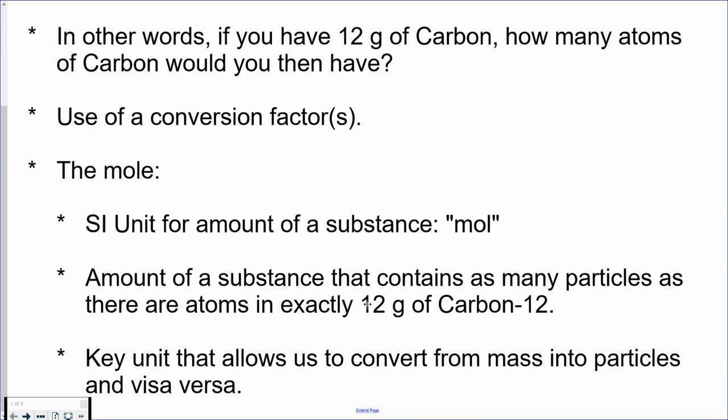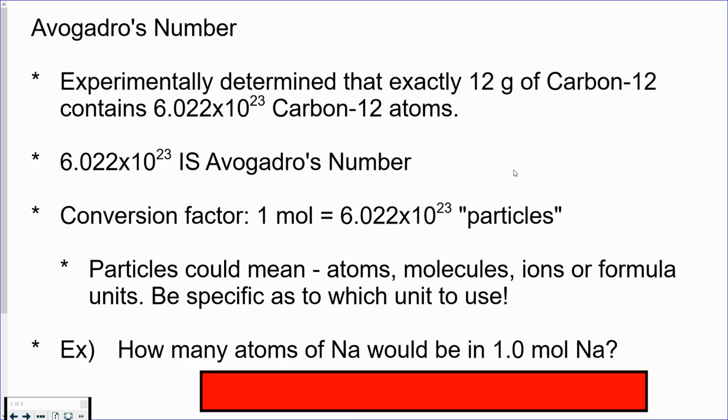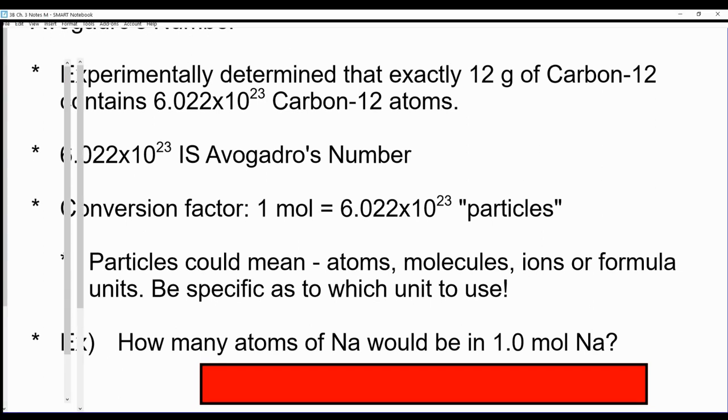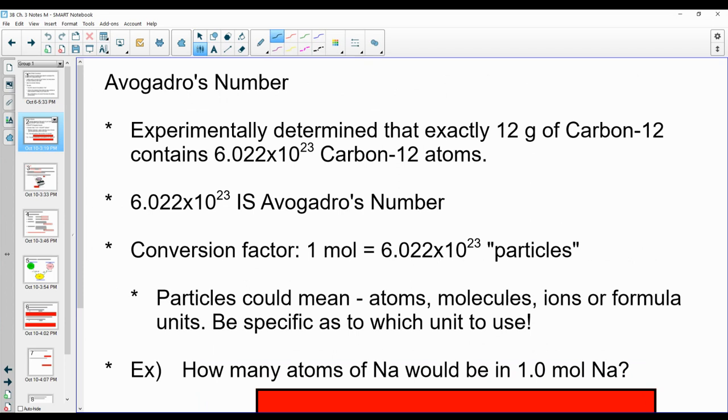So when you have 12 grams of carbon, you have exactly 1 mole. Notice how we drop that E, and it becomes mole when we're using it as a unit. So big things that we need to know: inside of 12 grams of carbon, you're going to have what is deemed to be Avogadro's number